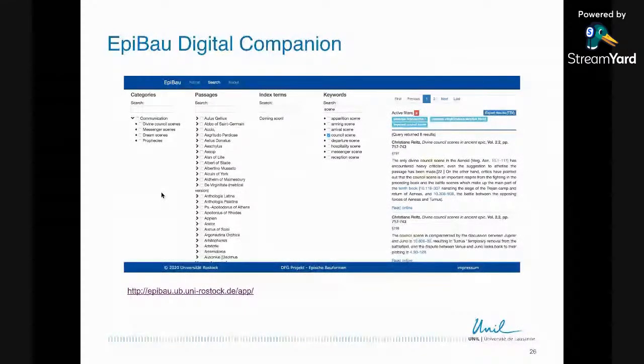And then, of course, we are back to the problem of licenses. Here we display an excerpt of the publication, but you will need access to read the full text. But at least you should be able to gauge whether this publication is relevant for your research before getting access to it, for example.